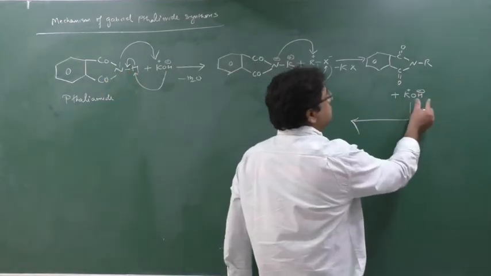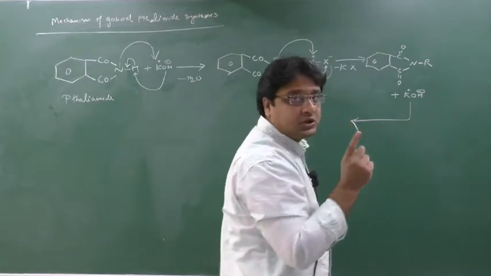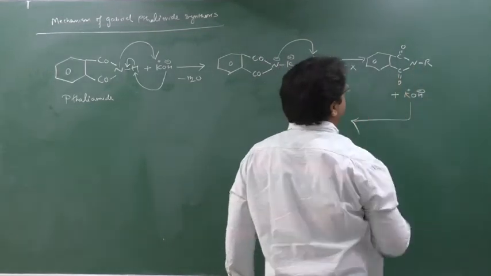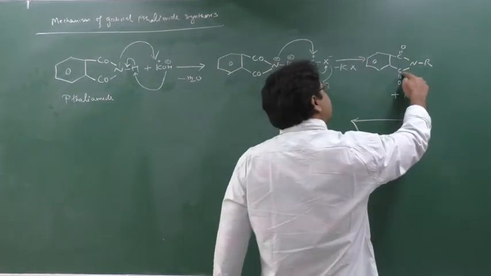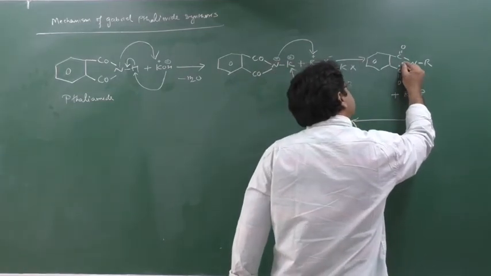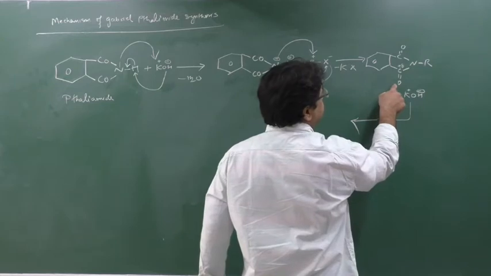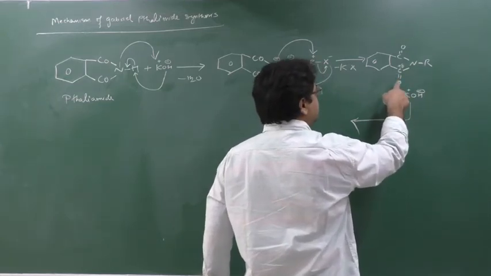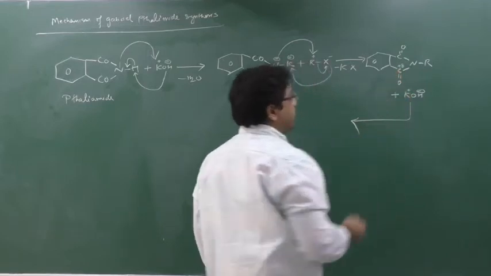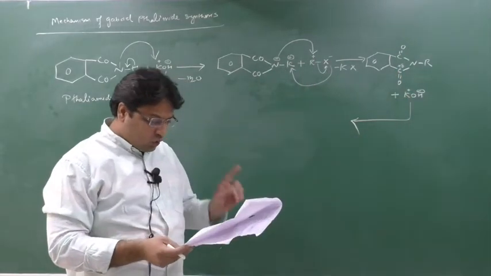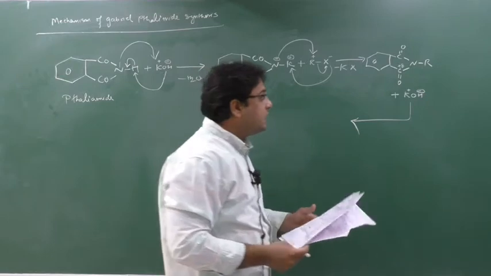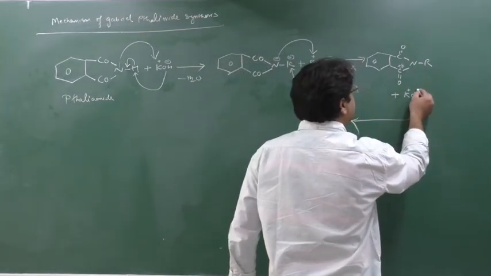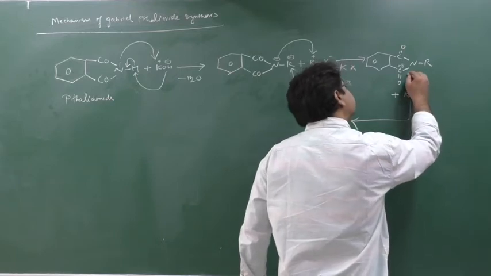So now this KOH will not touch this N portion which is attached with R. Now who is remaining? Now this carbon will come in the picture. How? See beta, carbon and oxygen: this carbon has a partially positive charge because it is associated with this oxygen, and this oxygen is more negative in nature. So now this OH minus will attach to this carbon.